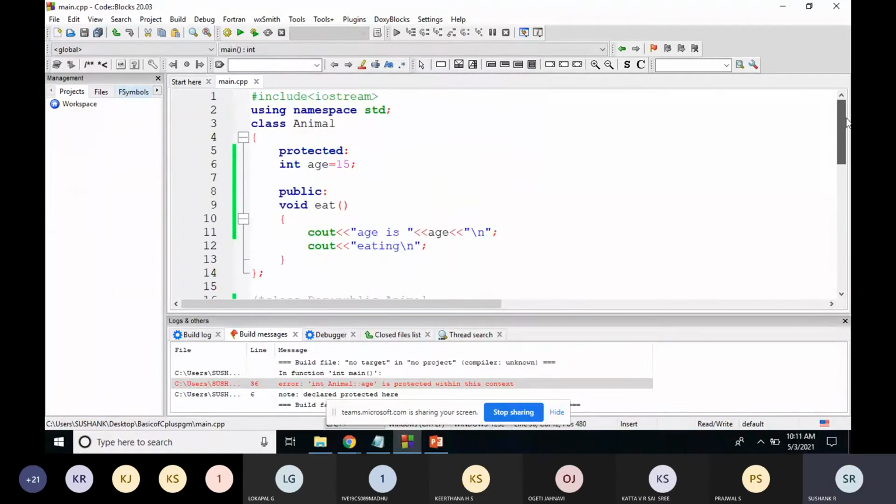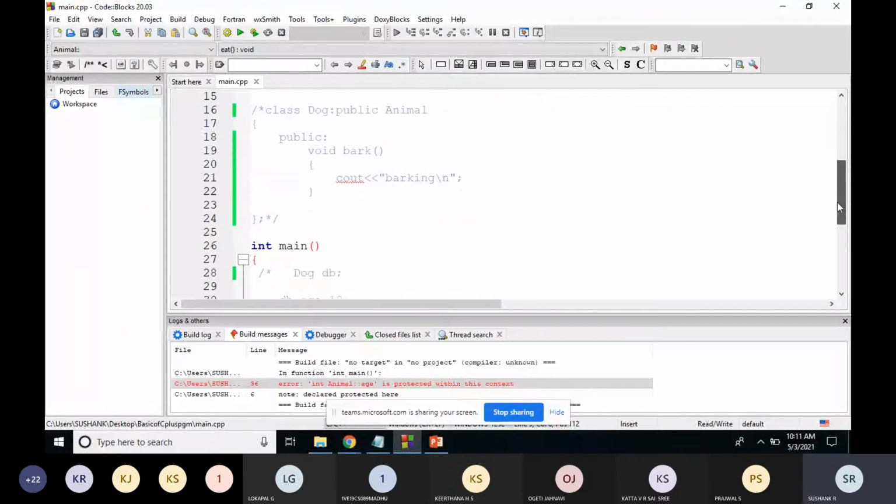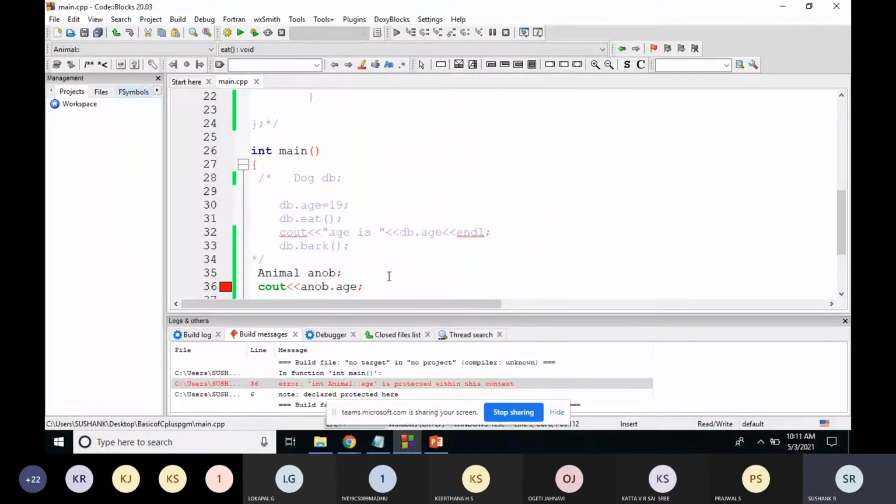Because I've made this variable protected. If I want to access this variable called age, I can access it through the methods or member functions present inside that class. If I try to get that variable directly through the object, I'll get an error that it is protected. But I can access it through the functions.